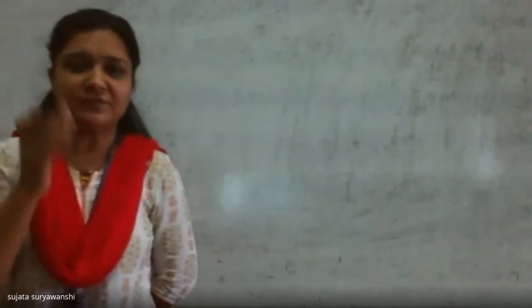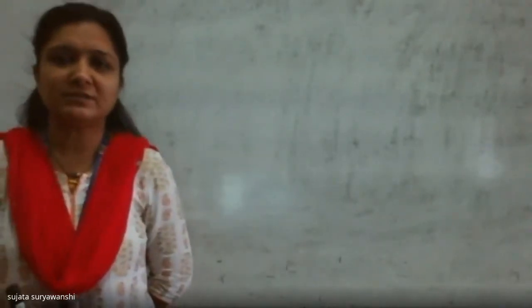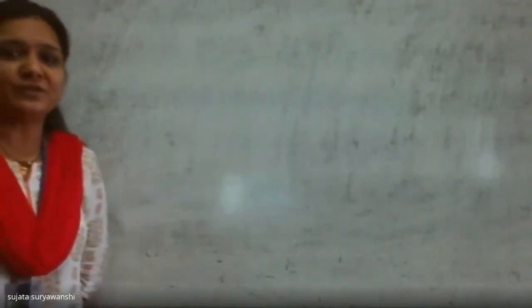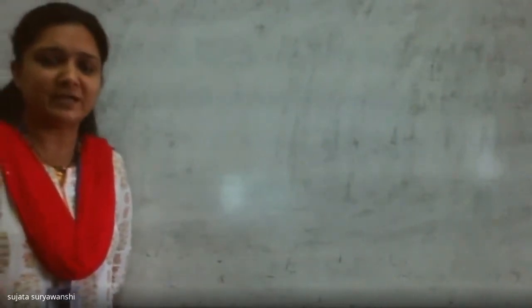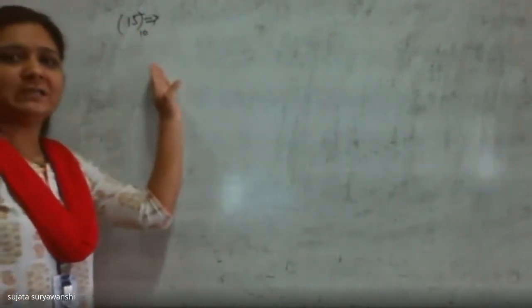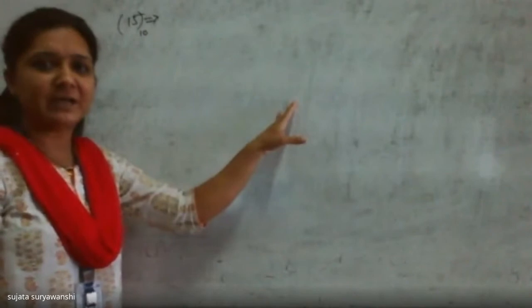In the previous lecture, we have seen about the code, binary and BCD code. So can you tell me the difference between binary and BCD, and which is efficient? What is the advantage of BCD and the advantage of binary when you consider this concept? Suppose 15 is the decimal number and you want to convert this 15 into the equivalent BCD and the equivalent binary.